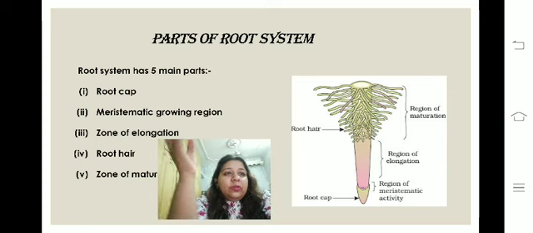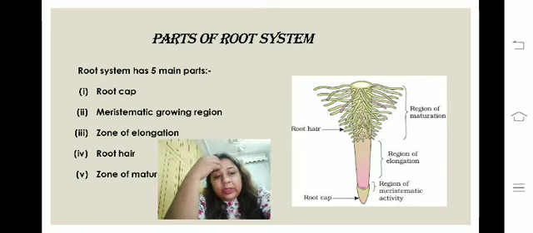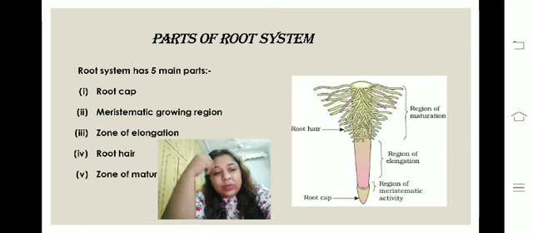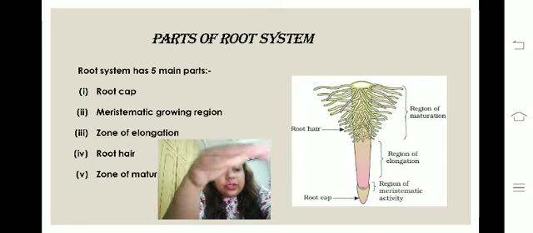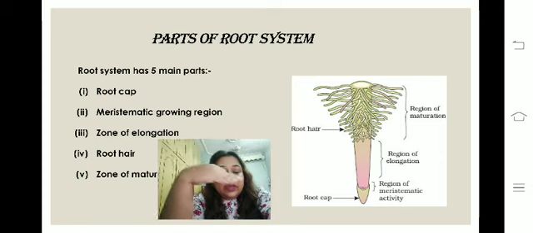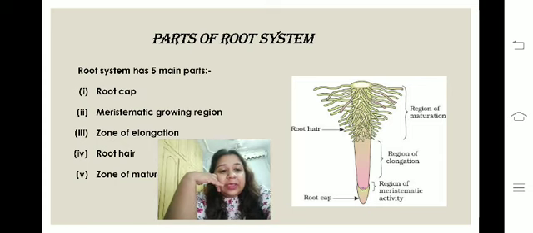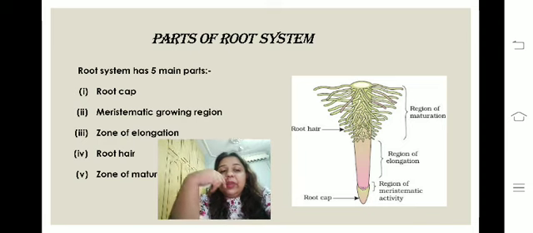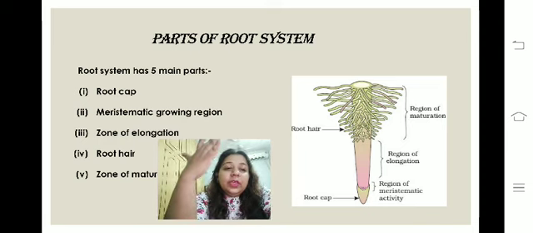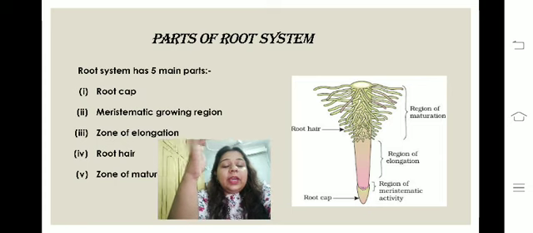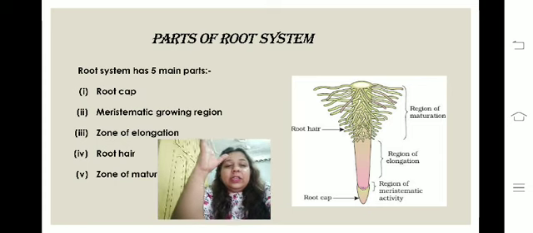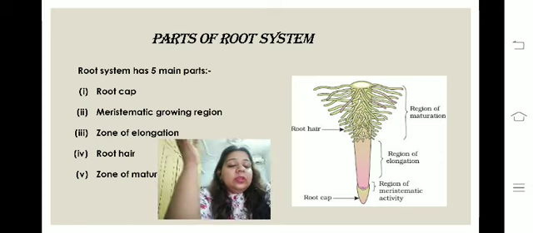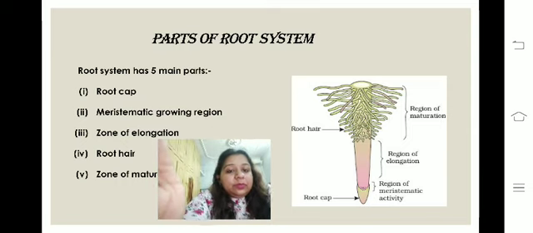These cells absorb water and minerals from the soil. The main purpose of these cells is to absorb water and minerals from the soil. When we pour water, this is the region where the water penetrates and gets absorbed, and this region provides it to other parts of the roots, through the root hair, and then from there it is taken by the stem and other parts of the plant.